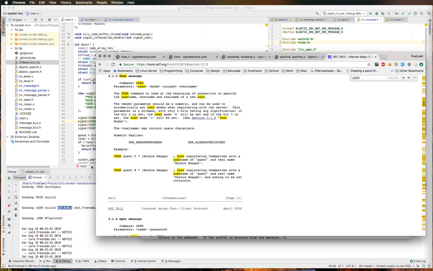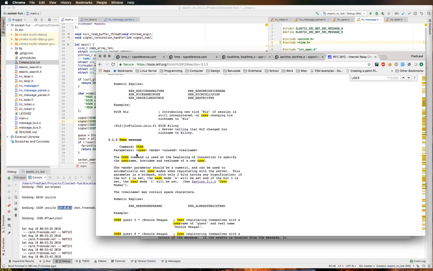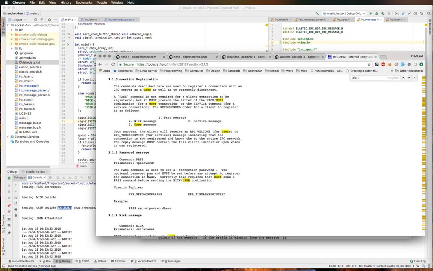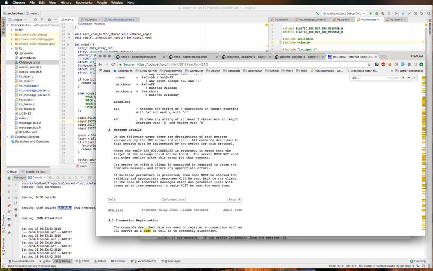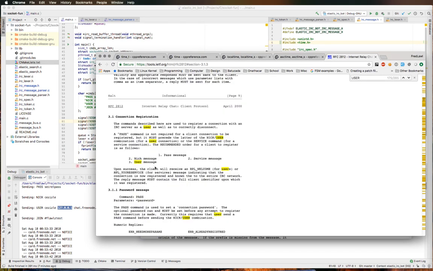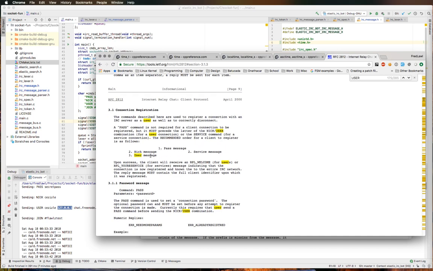If we notice here, I'm not even using a bit mask or anything like that, so I'm definitely not doing that. This is a user message. Connection registration. Oh, did I just scroll past it? Well, it does say I need to send a user message, but